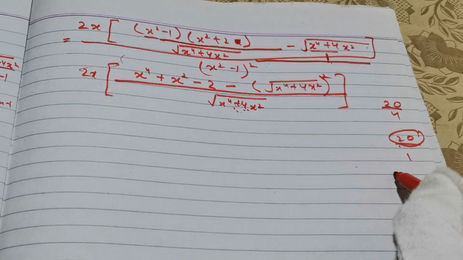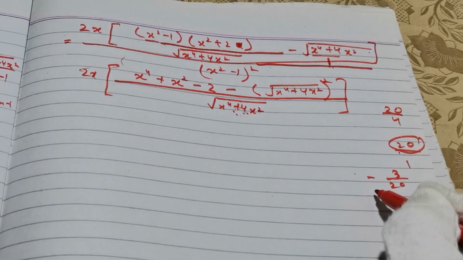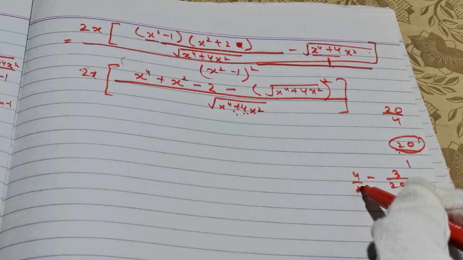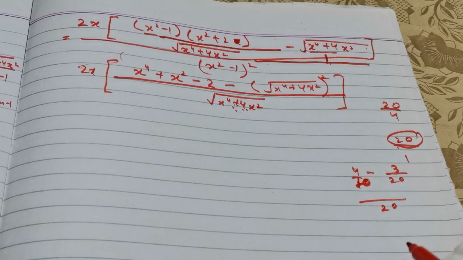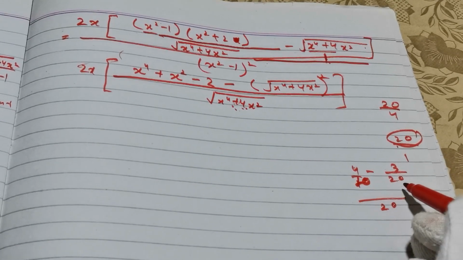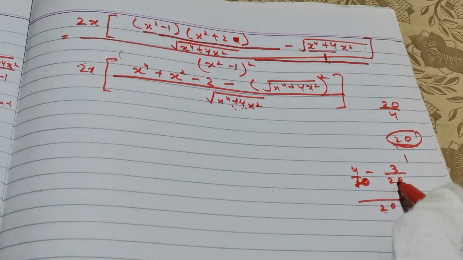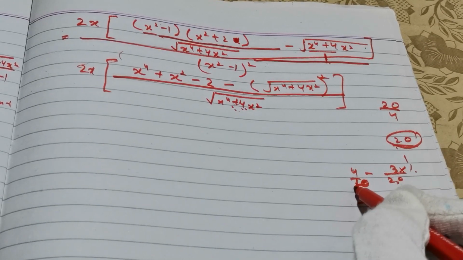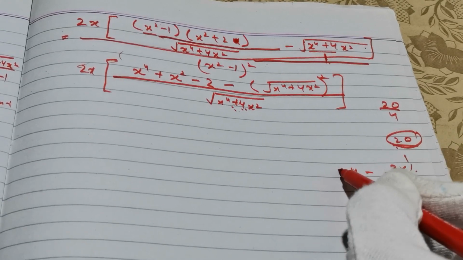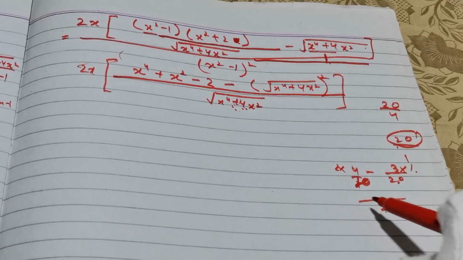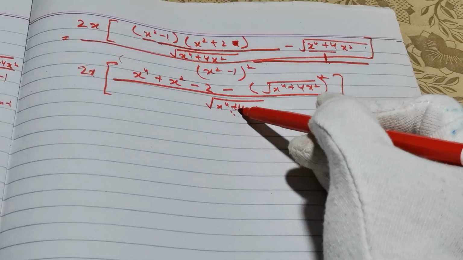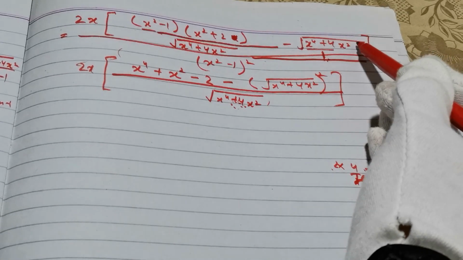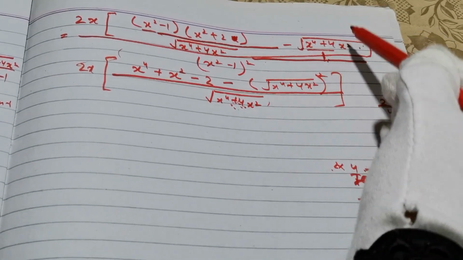2x. For example, there is 3 by 20 minus 4 by 20. For example, 4 by 10. For example, if LCM is 20 divided by 20, what we will get? 1, multiplied by numerator. 20 divided by 10, what we will get? 2. So the answer we get is multiplied. So when we divide this term by this term, we will get this whole term, and this whole term is multiplied by numerator. So 1